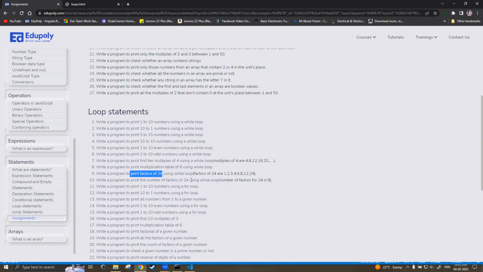See, it is written here. Factors of 24 are 1, 2, 3, 4, 6, 8, 12, and 24. Isn't it? Why are those factors? Because those numbers can divide 24; 24 is divisible by all these numbers. Okay, so we have to print all these numbers in the console